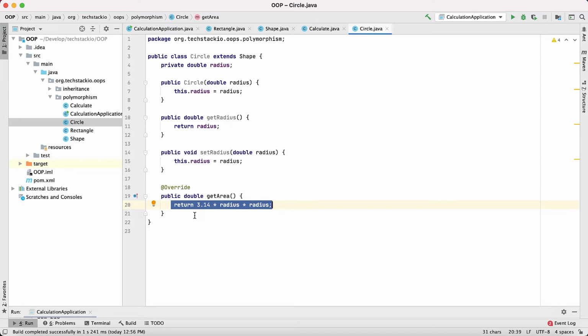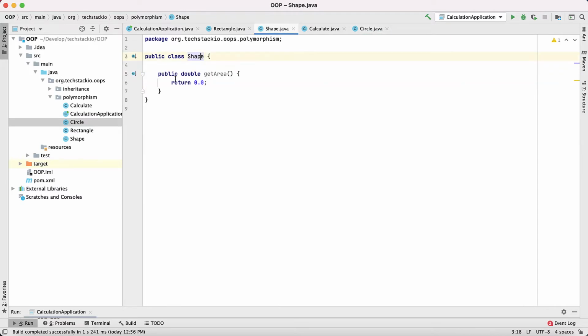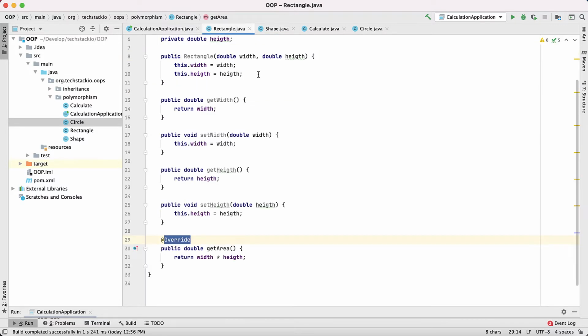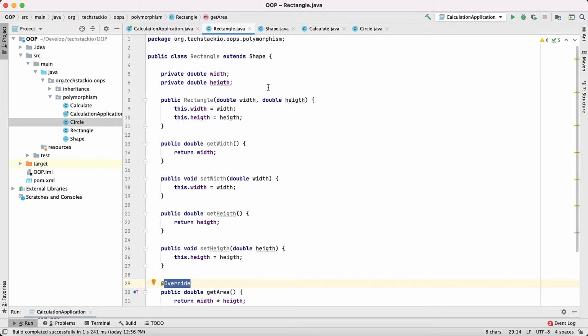So when do you use overriding? Let's say you have a shape class, and right now we have only one method, but in a real world scenario you might have some 5 methods in it, and some subclasses like rectangle or circle classes extending the shape class.